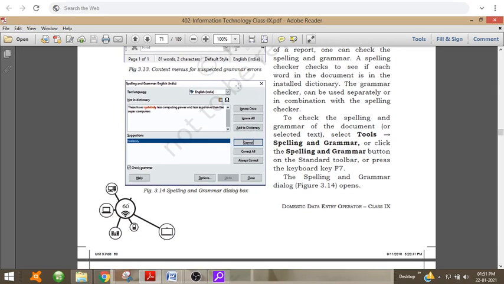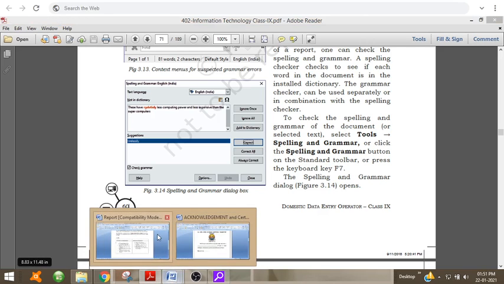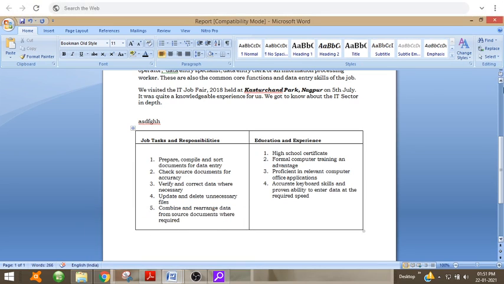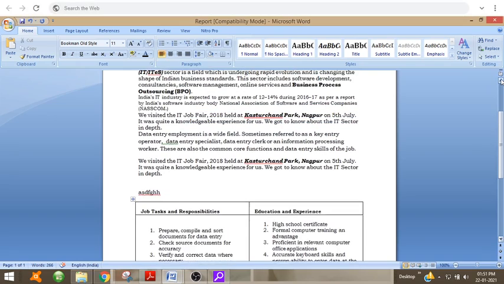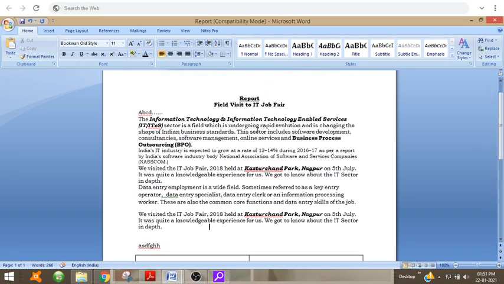Now we can check the spelling and grammar mistakes. In Microsoft Word, a red line will appear for spelling mistakes and a green line will appear for grammar mistakes.